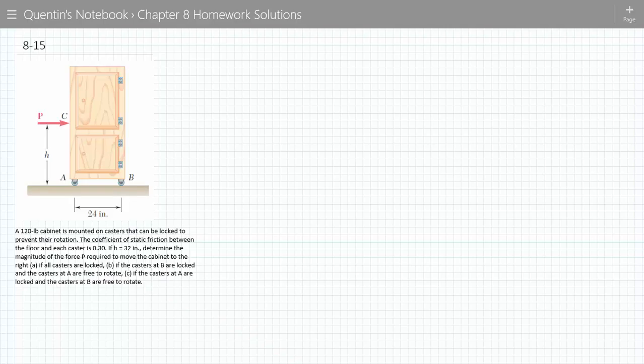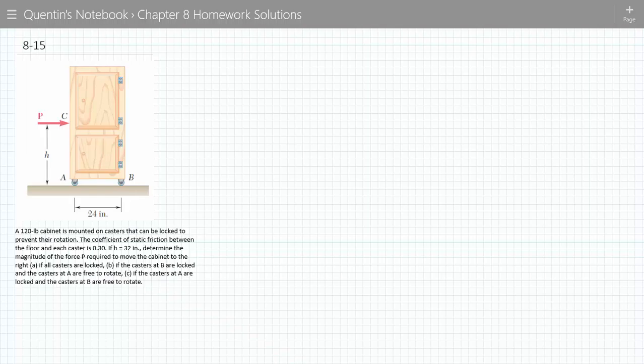Okay, let's look at problem 8.15 in the homework. A 120-pound cabinet is mounted on casters that can be locked to prevent their rotation. The coefficient of static friction between the floor and each caster is 0.3. If h is 32 inches, determine the magnitude of the force P required to move the cabinet to the right